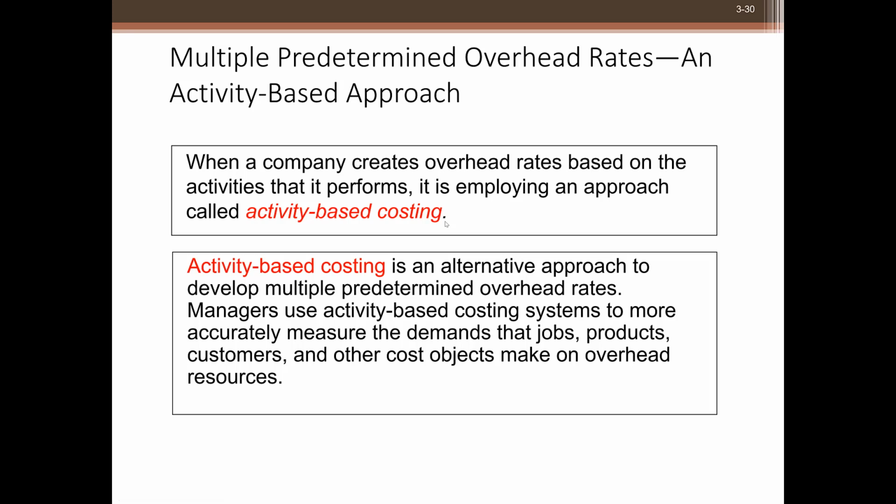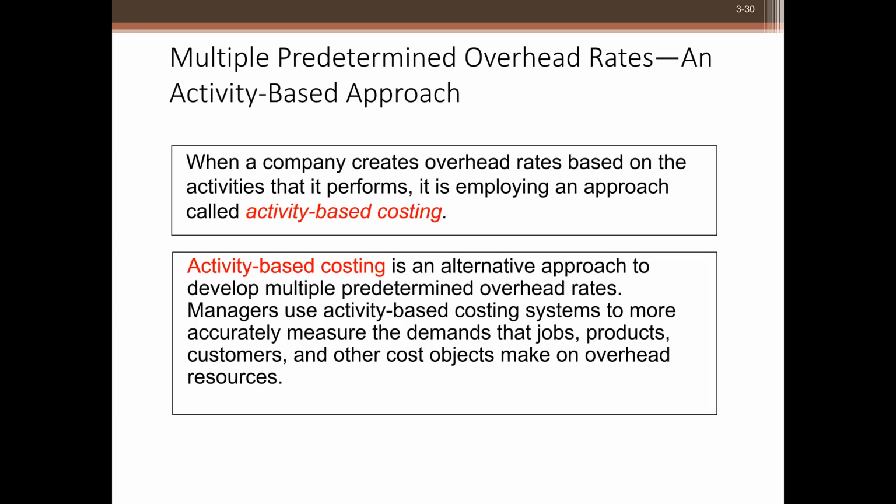ABC usually results in more overhead rates than the departmental approach because each department may perform more than one activity. And we will learn the activity-based costing system, ABC, in Chapter 7. Managers use activity-based costing systems to more accurately measure the demands which jobs, products, customers, or other cost objects make